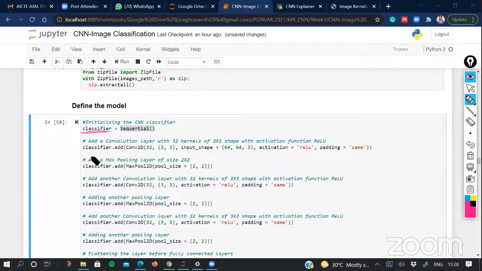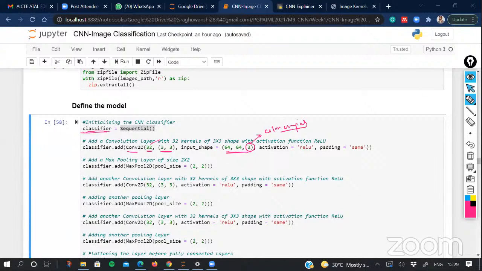So the very first thing that we are adding is a convolution layer with 32 filters with a filter size of 3 cross 3, whereas my input size is 64 cross 64 cross 3. This 3 is for the color images. So this is going to be my input size.